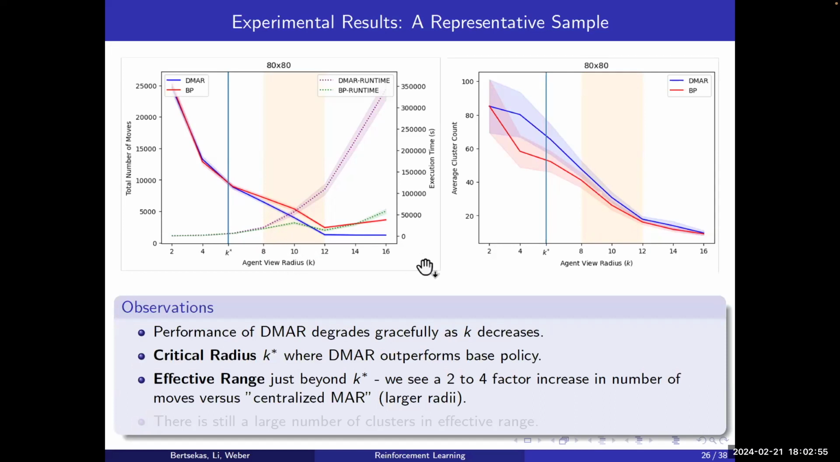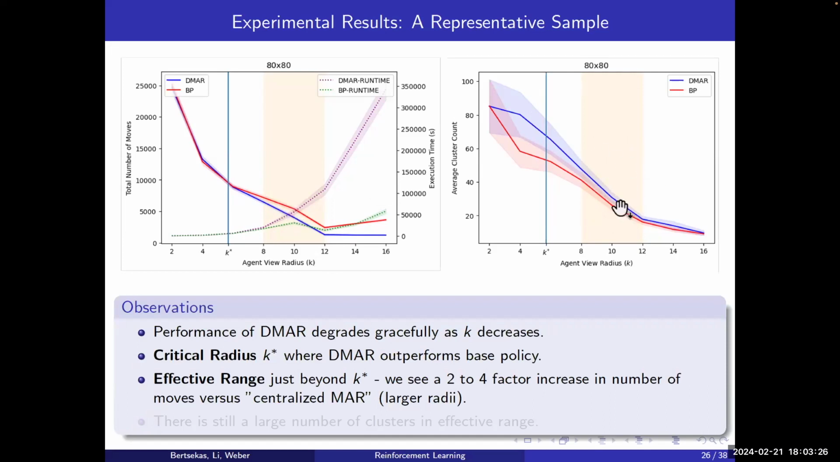But to measure the amount of decentralization, we have this other plot here. On the horizontal axis, we still have the radius size, but on the vertical axis, we have the number of clusters generated on average. So in this effective range, compared to the largest radii we considered, we see a factor of 2 to 4 detriment in the cost of DMAR,